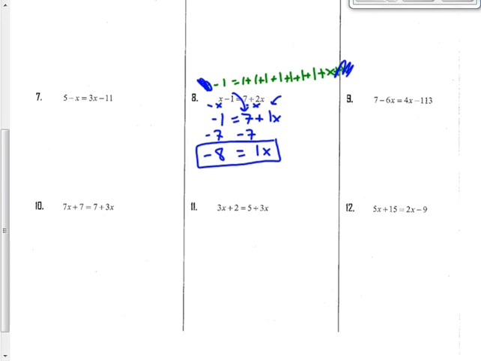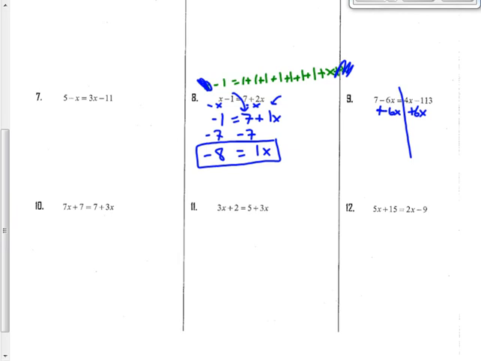So I want to take off something from both sides, but I want to take off the smallest one because I can't take off more than what I have on the smaller side. And if I did, I would end up with a negative. If I take away more than what I had, it's a negative. But if I choose strategically what I'm going to take off, in this case I'm going to take off the negative 6x, because taking off the negative 6 is actually going to give me more numbers up on the right hand side. Take off a negative 6, that means take off a negative 6. Minus a minus actually is a plus. So I want to add 6x to both sides, and again, if you draw the river in,